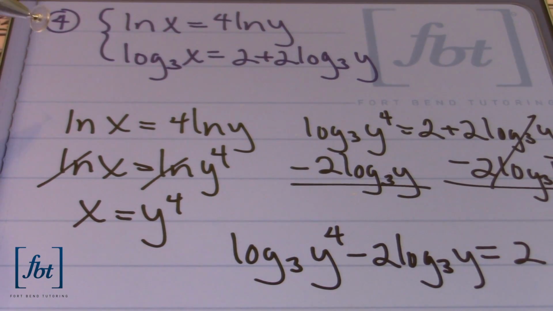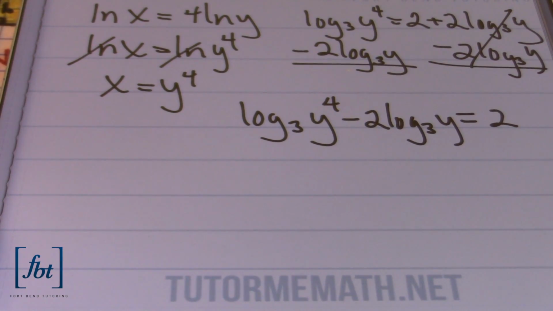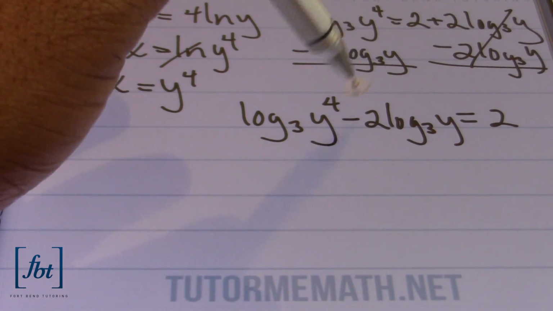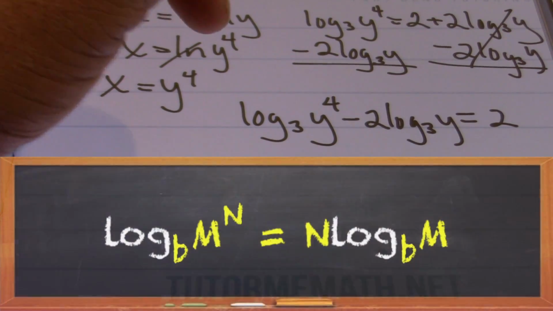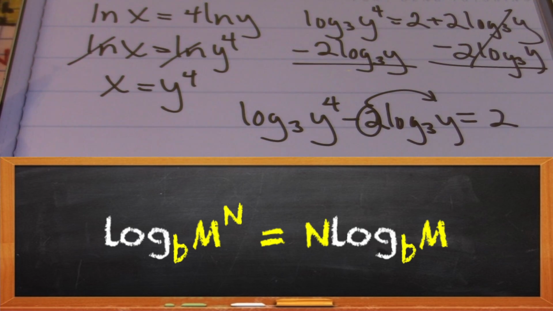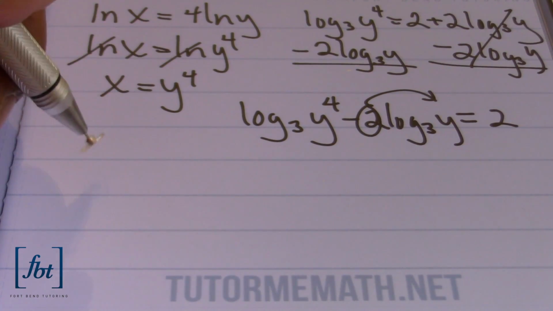And now it looks like we will eventually have an opportunity to use the quotient rule for logarithms. Because notice, they have the exact same base, that base 3, right? We have subtraction going on here, and you know this is about to become a fraction. But first, let's go ahead and move this coefficient of 2 as an exponent for our base y in this second term here. Okay? So that means that, rewriting it once again,